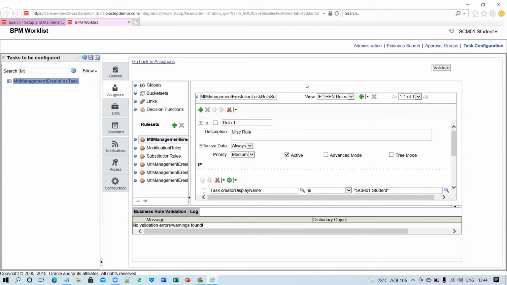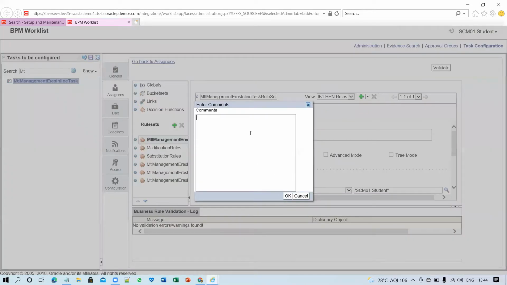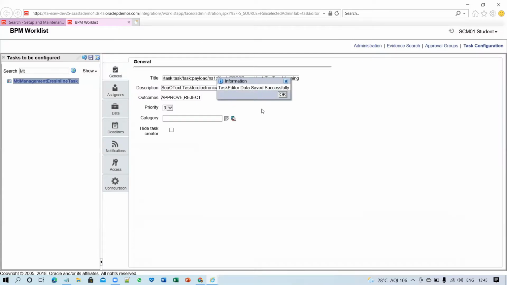Once you have validated it, you have to save. Now, while clicking on save, you can put some comment for audit purposes. It's not mandatory, so I am just leaving that. I will click on OK. So now you can see that the task editor data is saved.